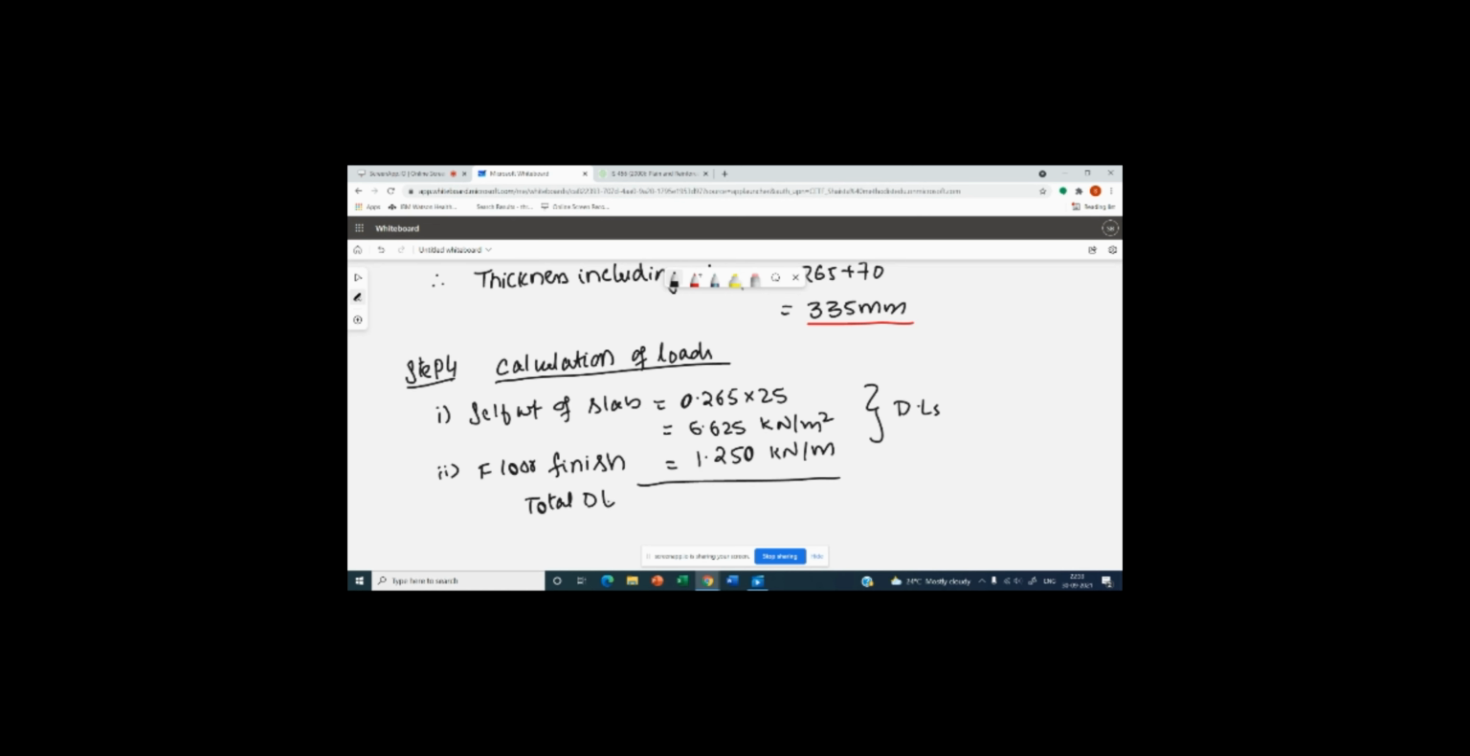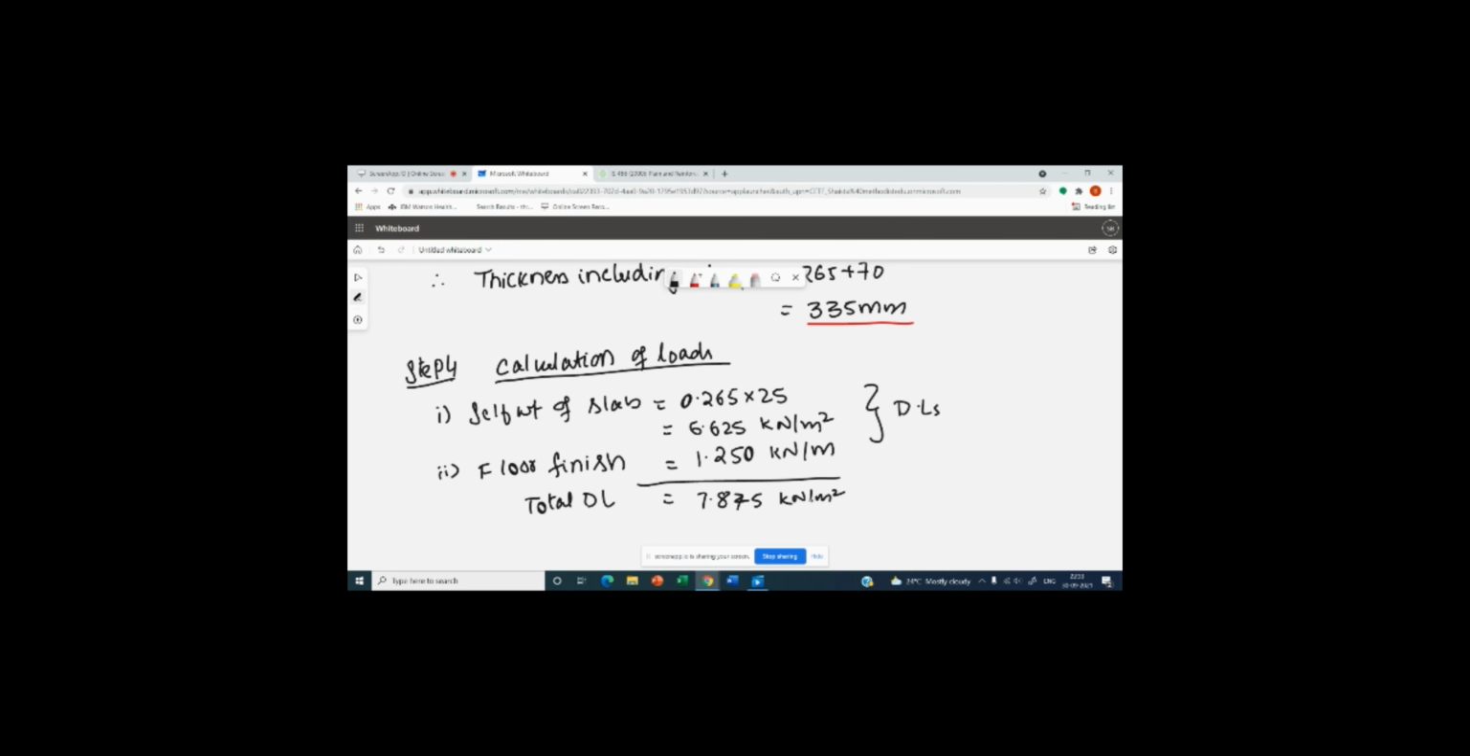Because there is a provision in the IS 456 that the design total live load shall not be more than the clause. So we will use that clause. Design live load must be less than 3 times the design dead load. So we are calculating separately the dead load, separately the live load. So this, when I add up, this will come to be 7.875